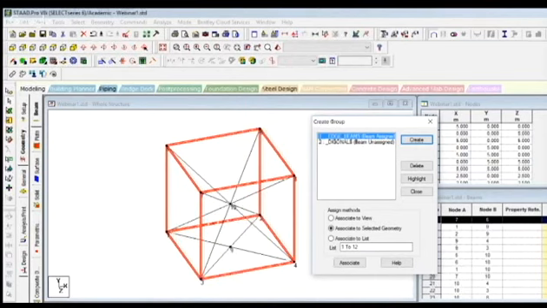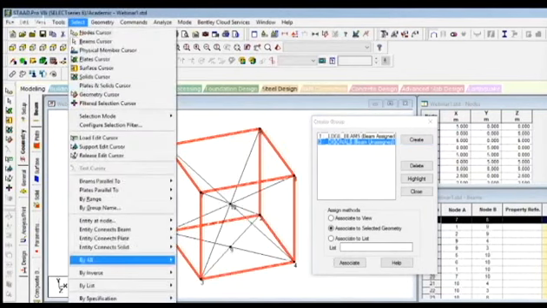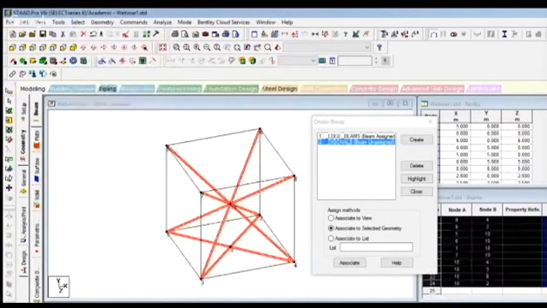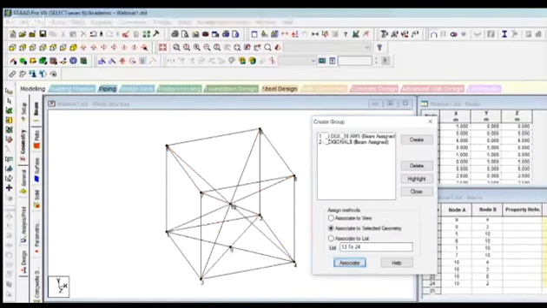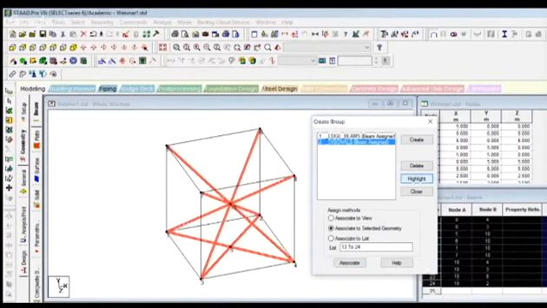Now what we'll do is we'll go with diagonals. Since we have selected all the edge beams and we can select the diagonals by inverse selection, we'll go with select by inverse beam selection. And again, we will associate to selected geometry. Okay. So both edge beams and diagonal beams are assigned. Suppose you want to just highlight the diagonals, go to diagonals. There is an option here, highlight. So you also learned how to create a group of members.